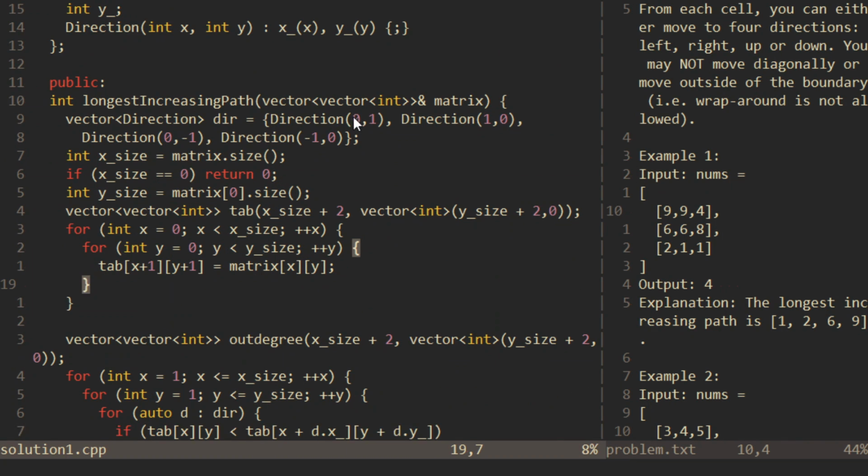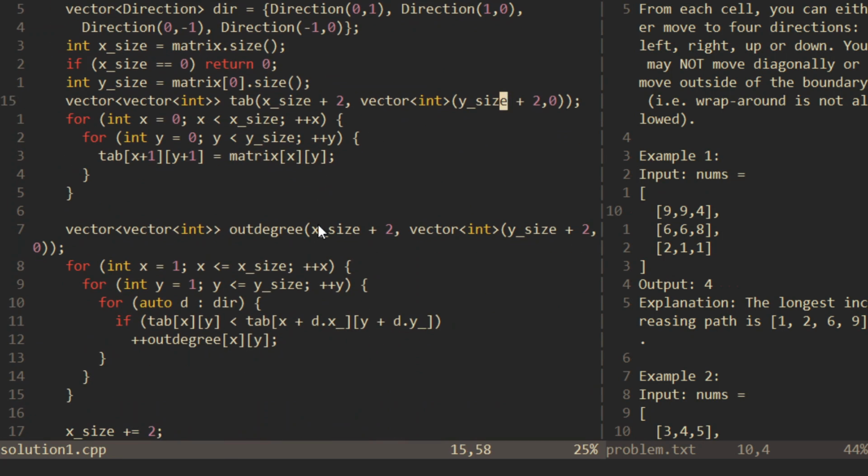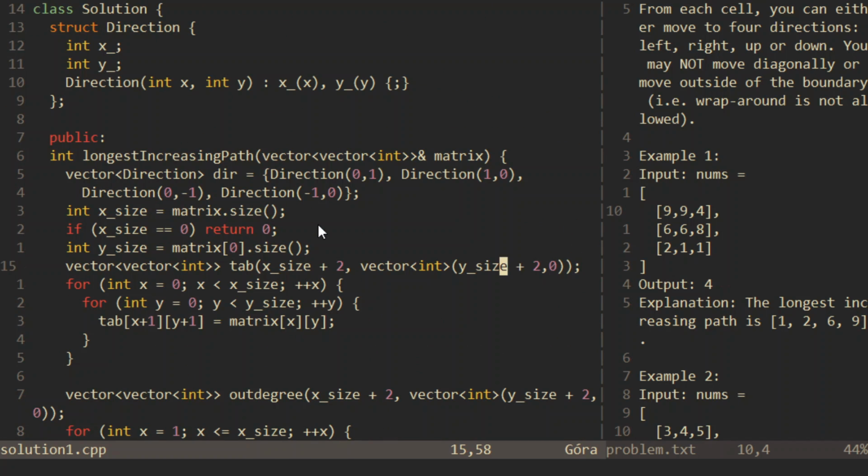So here 0 and 1, 0 and minus 1, minus 1 and 0, 1 and 0. Okay, and this approach generally is about the